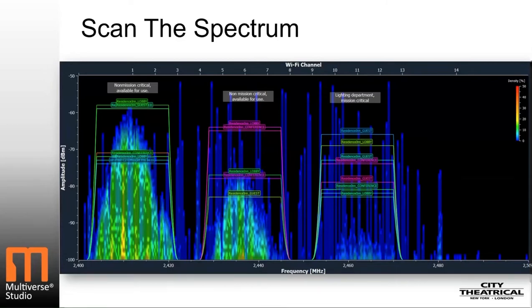RadioScan will also guide you to choose the best Multiverse SHoW ID to use. You can notate a screenshot of your scan to identify the portion of the spectrum in which you are broadcasting, as well as where other radio activity is located. And you can text or email it to others on set so everyone is aware of the location of radio activity in the 900 MHz and 2.4 GHz bands. This encourages careful sharing of the spectrum among all users, and that is something we always want to respect and